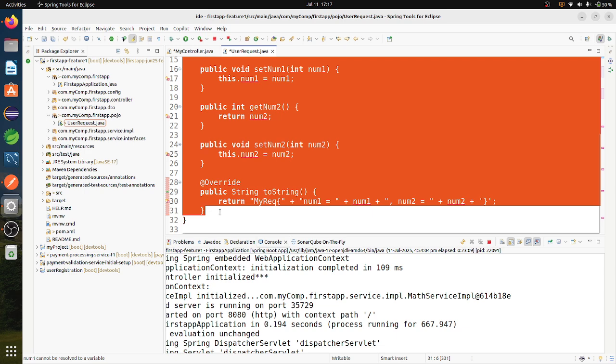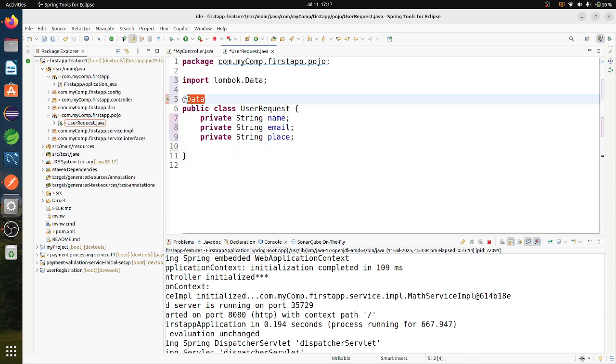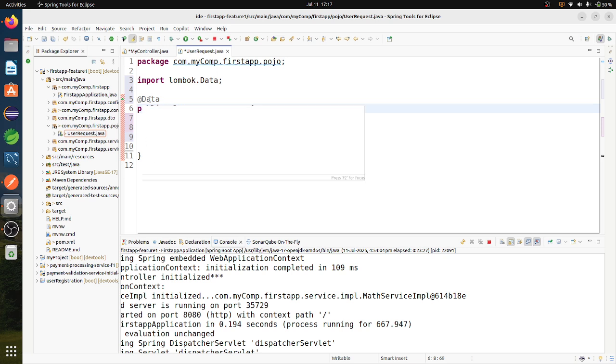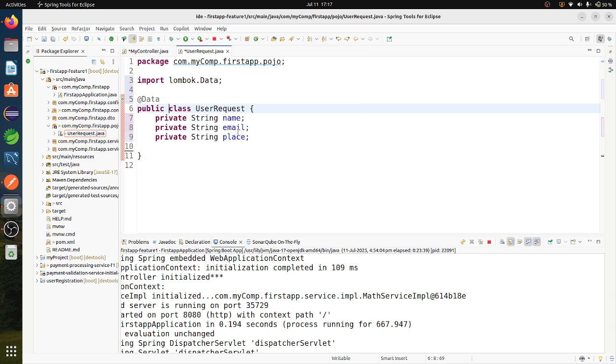Instead of the setters, getters and toString method, if I use this Lombok annotation @Data, then it will set the values, use the setters and getters and the toString method also. Then there is no need to write the boilerplate code again and again. Here it says it generates getters of all fields and a useful toString method. So I will save this one.